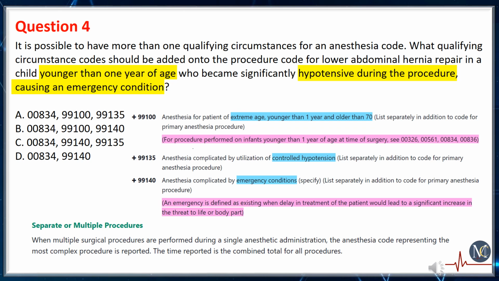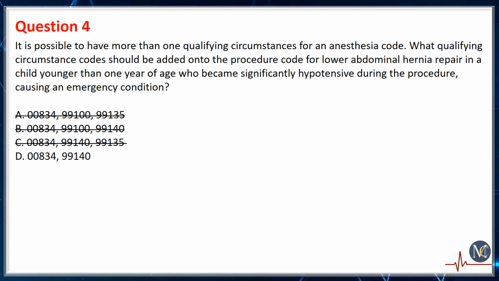On the basis of this rule, we will use the service code along with the qualifying circumstance add-on code which represents the most complex procedure, which is 99140. So on the basis of this rule, we will also eliminate option C. Our correct option is option D,